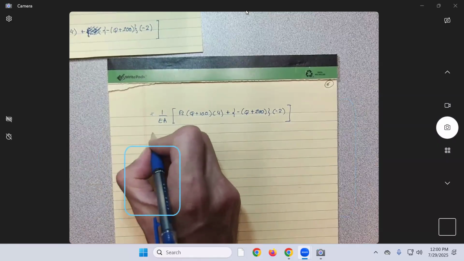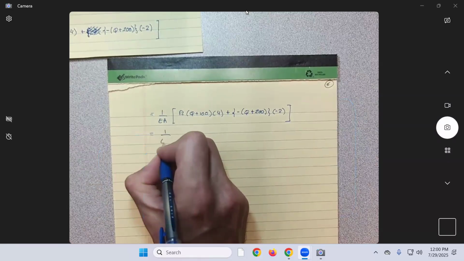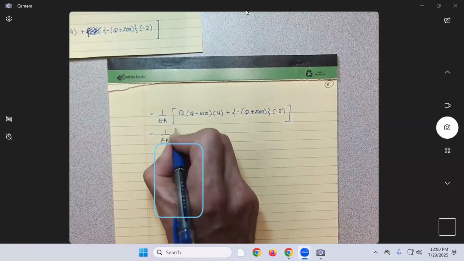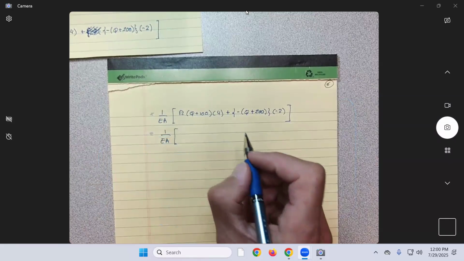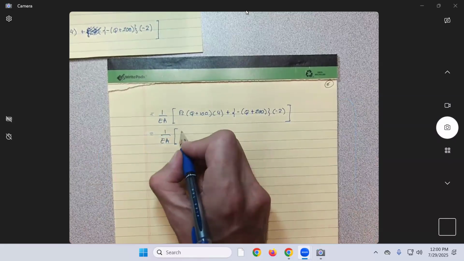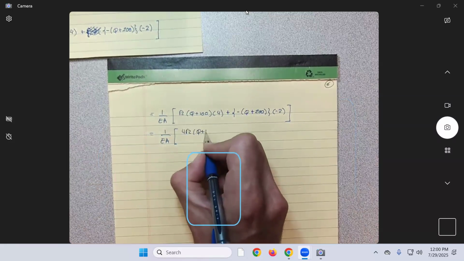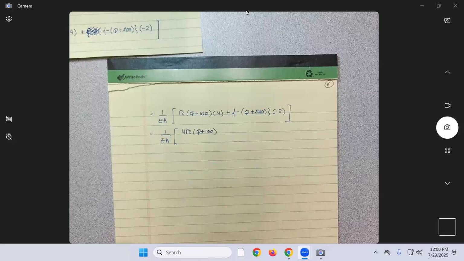Okay, so let's do the middle step over here. This is going to give us 1 over EA equal to what? Let's say 4 square root of 2 of Q plus 100